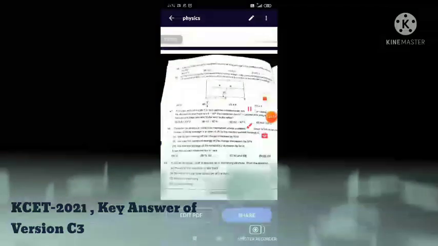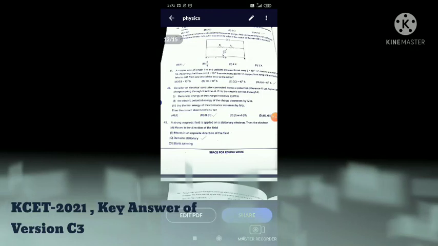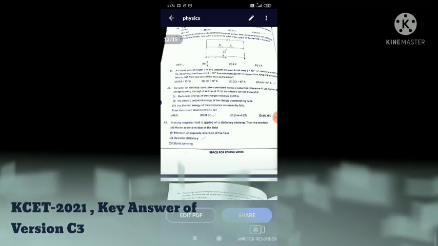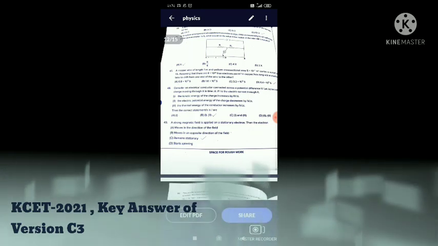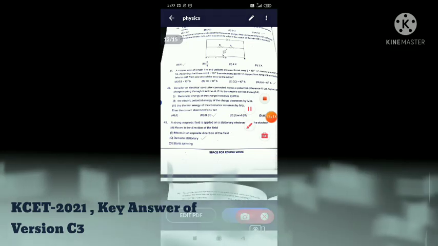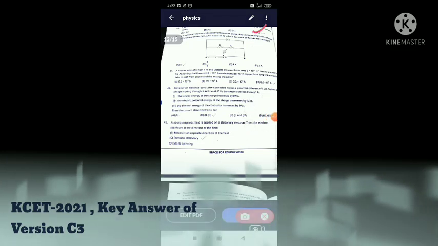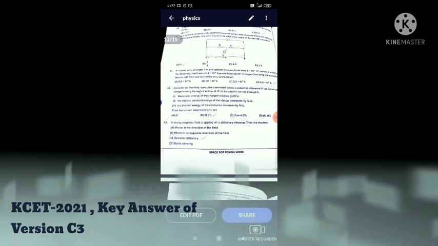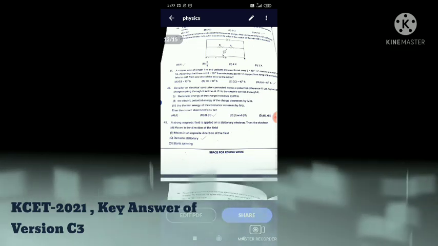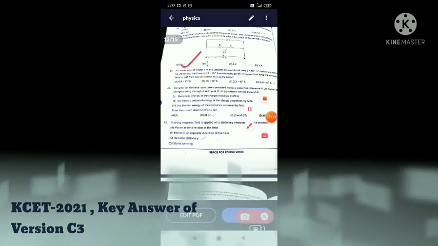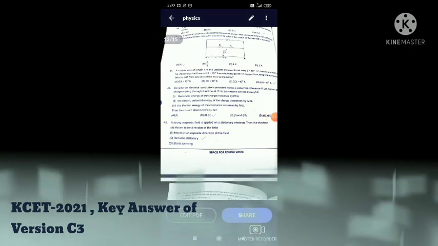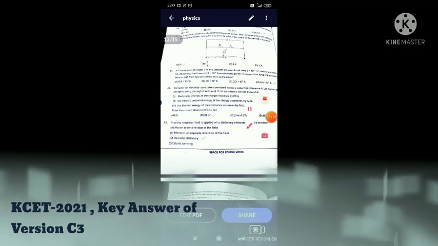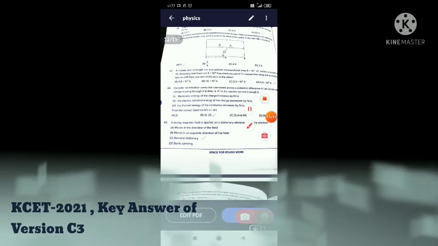Next we will move to the 45th question. In the 45th question, a wire of resistance 3 ohms is stretched to twice the original length. The correct answer is D. Next we will move to the 46th question. In the given arrangement of experiment on a meter bridge, if AD corresponds to null deflection, for this 46th question the correct answer is answer A. Next we will move to the 47th: A copper wire of length 1 meter and a uniform cross-sectional area of 5 into 10 to the power minus 7 meter per second carries. For this question, the correct answer is answer D.